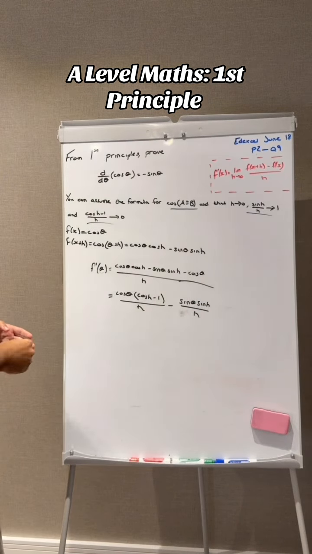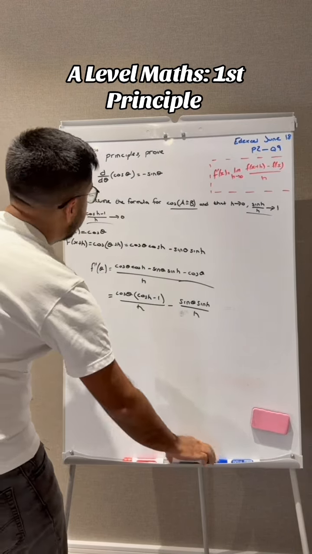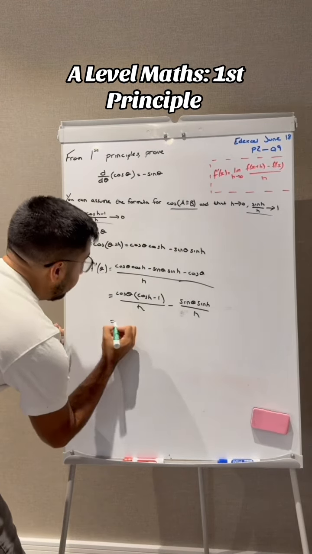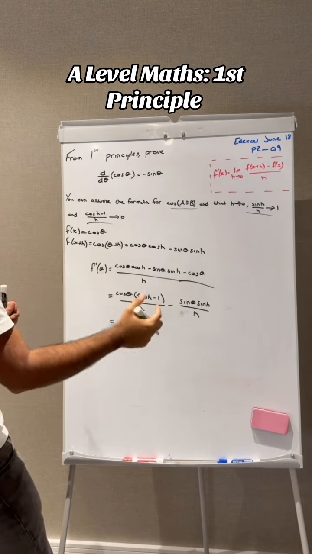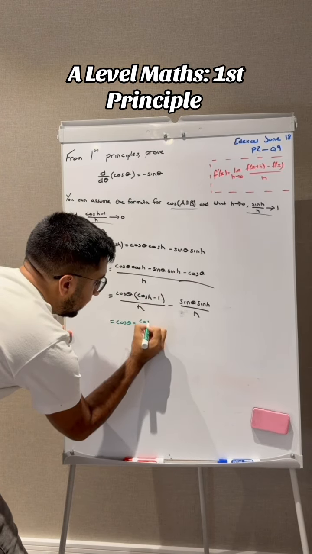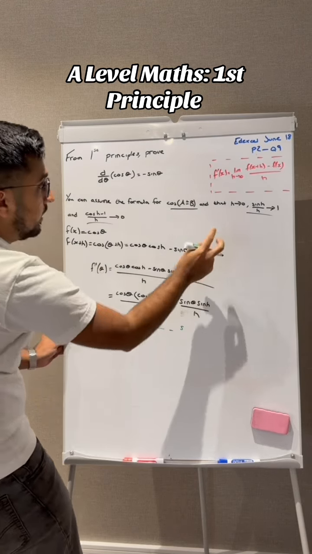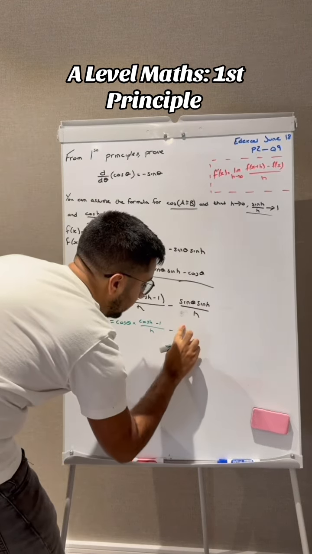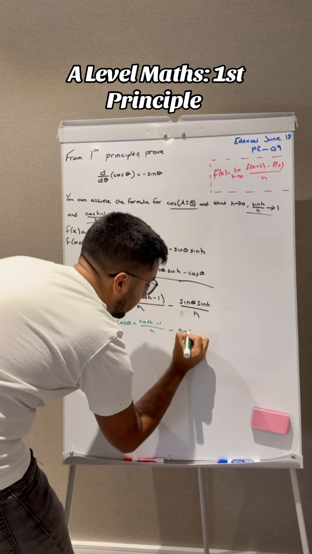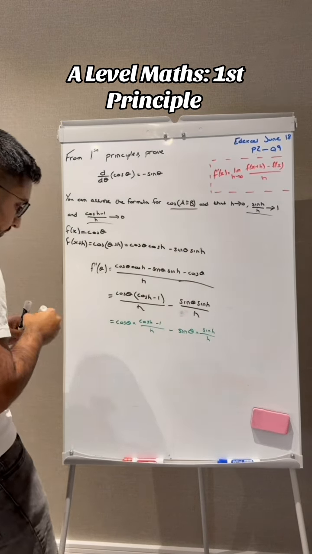So, again, we can manipulate this however we want, and the best way to write it would be to have this part stand alone. So if we write cos theta times cos h minus 1 over h minus, and then here we've got sine h alone, so sine theta times sine h over h. When we